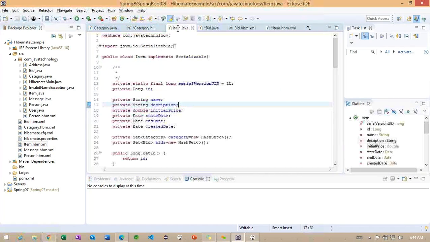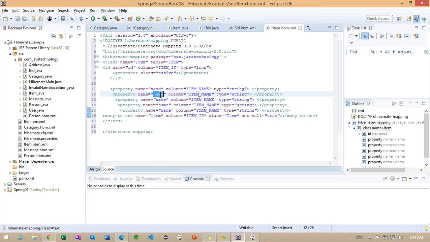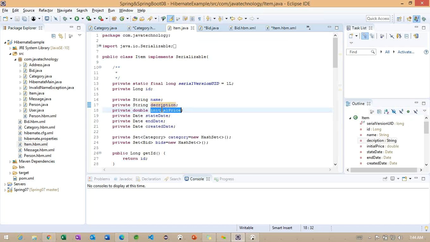Okay, go back to the Item class. We'll try to change description. Okay, description, and after description, initial price.